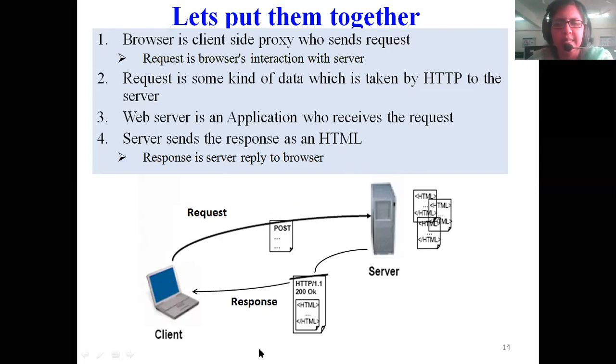It will basically send the response. So you can see here, from the client the request goes to the server. Okay, we have seen here something called as post. Can you see here something called as post? We will see what exactly is this post. Okay, and then when the response comes back, you can see HTTP/1.1 200. Okay, this is a code language. So you can understand that HTTP is a language which the client and the server is using to talk to each other. I hope this diagram is clear.